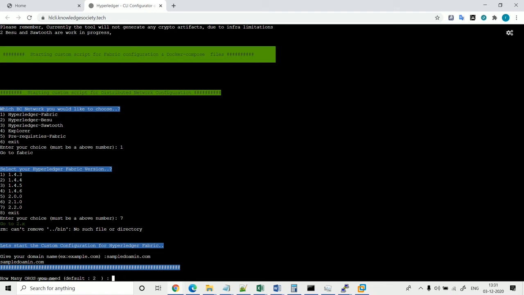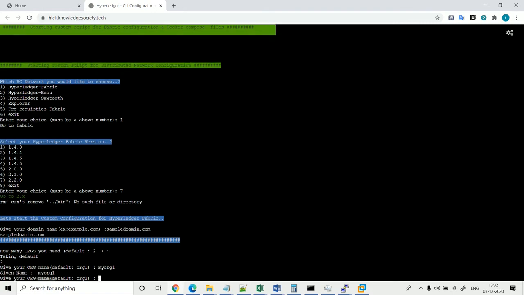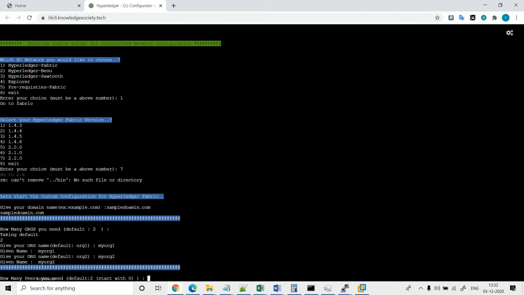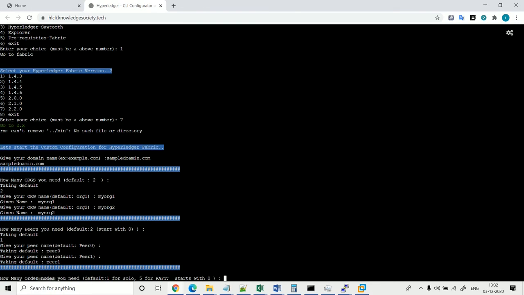and it is asking how many organizations you want to deploy. For now, I'm going to do 2. You can say any number, 3, 4, 5, whatever organizations you would like to create, and they will be added into those configuration scripts. For now, I'm going with the default. I can give some custom names for the organizations, my org 1 and my org 2,